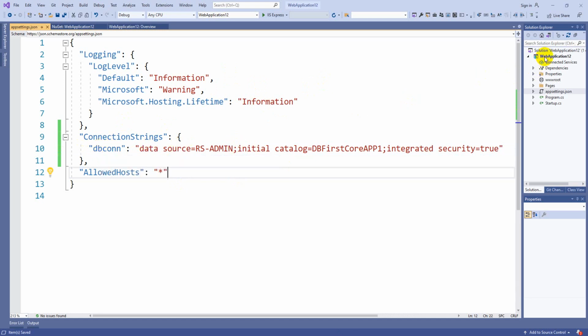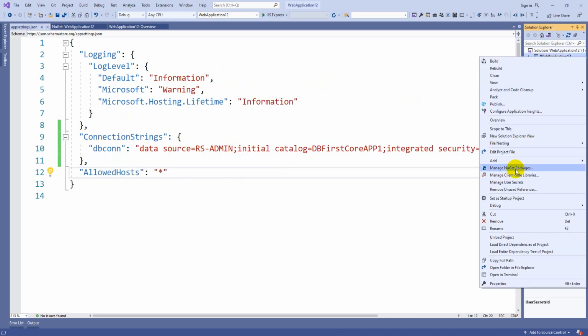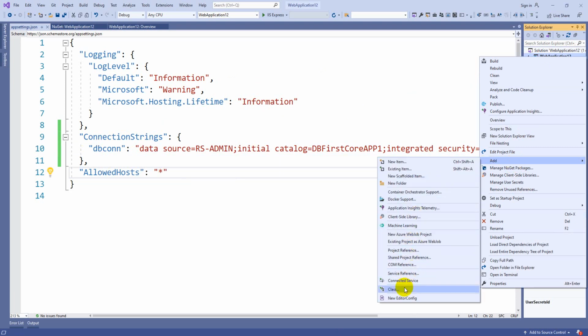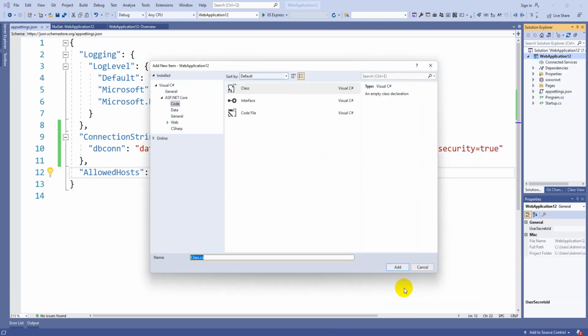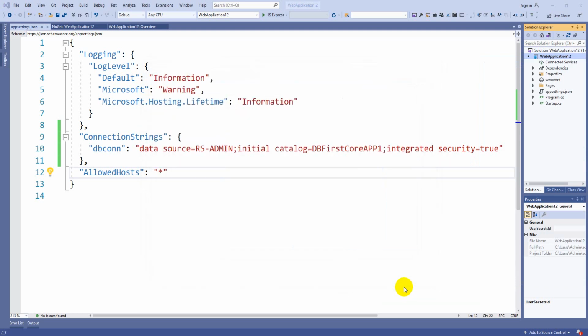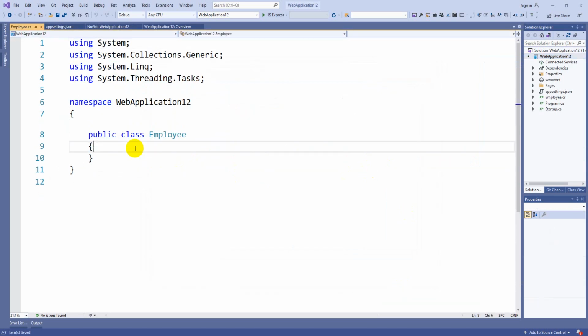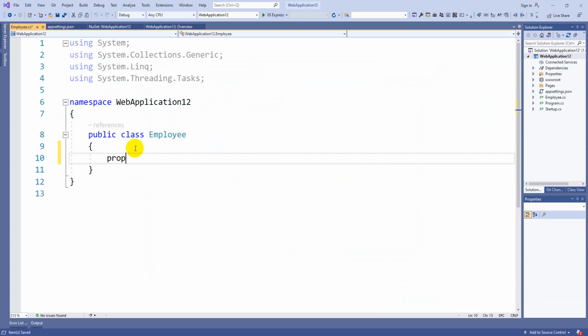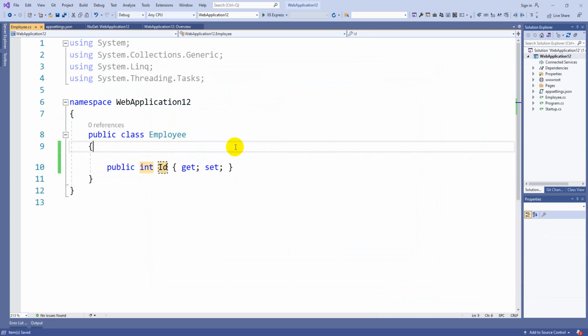First of all, let me create the models, and then we can go for the context file. So add a class, suppose Employee. Here I am going to prepare the properties for the class. ID is going to be the primary key.